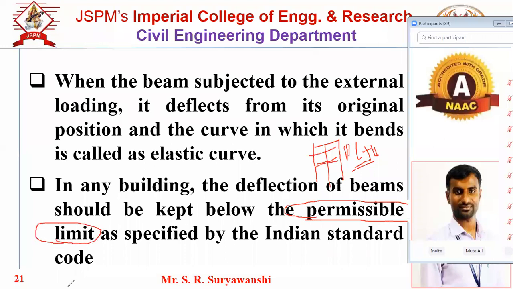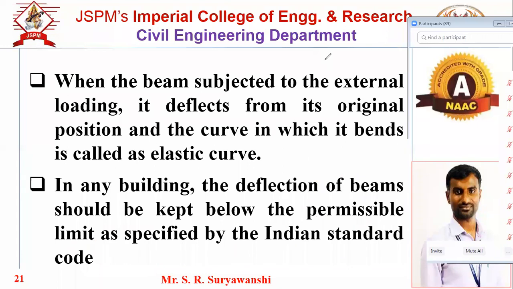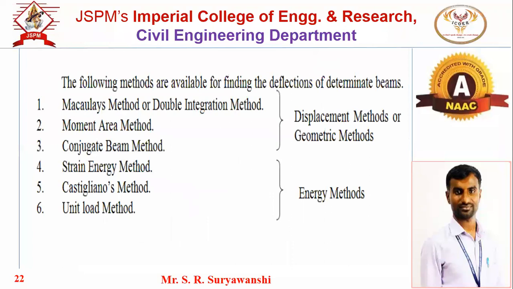मग आता हे लिमिट कोण देतं? So these are the limits or the permissible values given by the IS code. Okay, IS code, Indian Standard Codes, and it is given by the BIS, Bureau of Indian Standards. Okay, so we have to follow the IS code. Definitely, due to the elastic nature of the material, it will deflect, no doubt. But the deflection should be within the permissible limit.